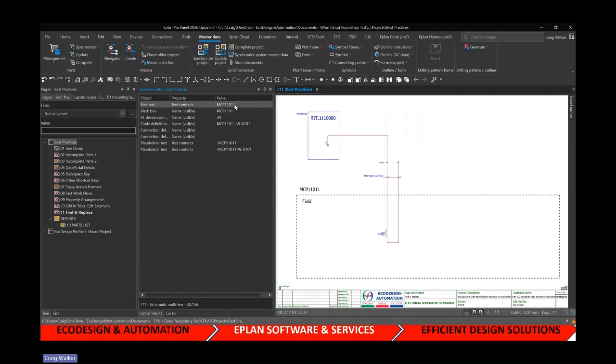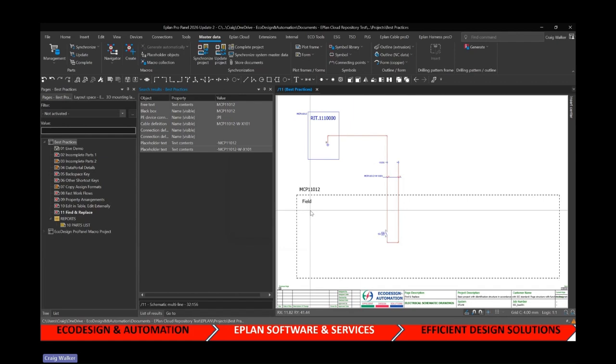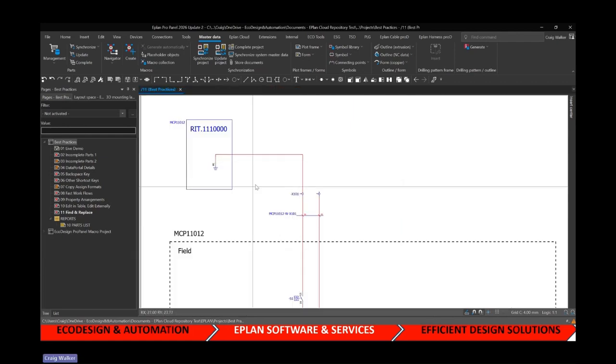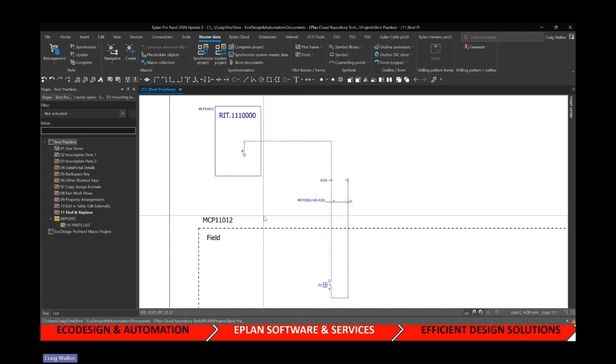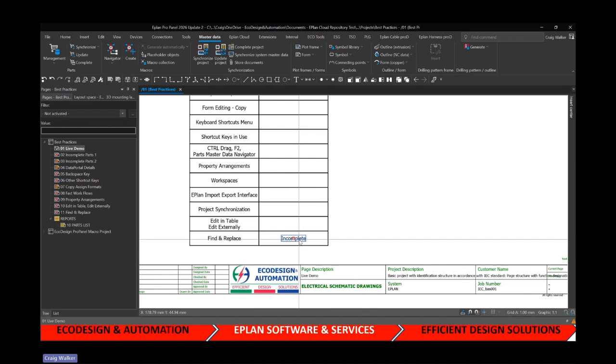The replace option is actually hidden under here, so I can select them all options of it, and go replace. And even if I've selected things that don't have it, it won't replace them. It'll only replace where it finds that tag, and I can say, I've made a mistake. Everything in my project is now panel 2. Okay. And close the search window, and you can see there it's updated the DT, the text field, and the composite tag as well straight away. So very powerful tool with that find and replace. And that's most of the live stuff. I may have missed a point or two, but